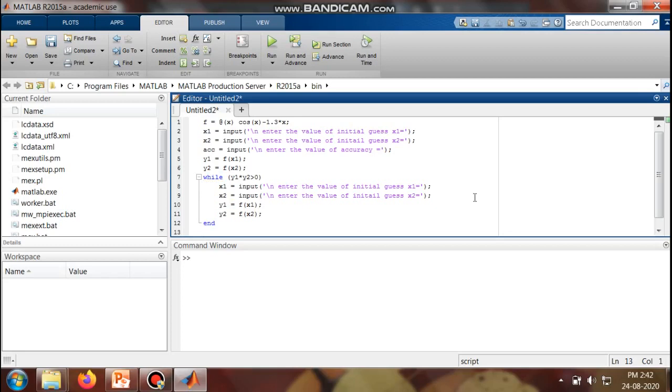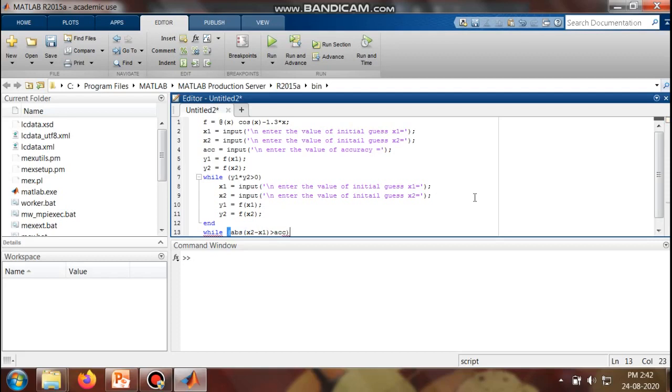After this we again have a condition for checking the accuracy, and based on that we have to find the value of x3 for each iteration. So again I will use a while statement. Now we must write the criteria for accuracy: absolute value of x2 minus x1 must be greater than accuracy.